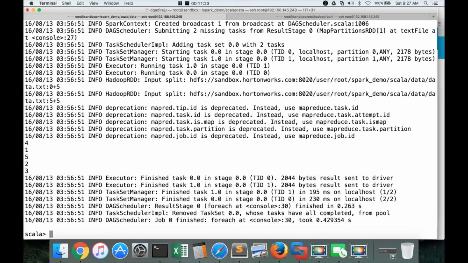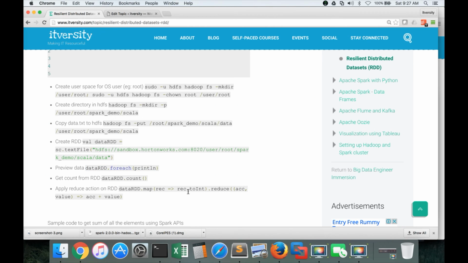When we read the data using sc.textFile, each line will be created as an item in the RDD. Each of these is of type String, so we cannot just apply the reduce function to get the count on a string. Hence we have to apply the map function to transform the data.